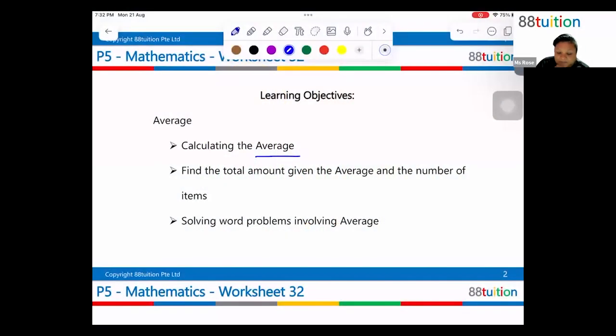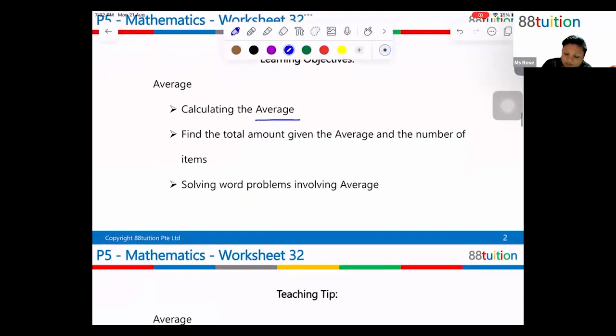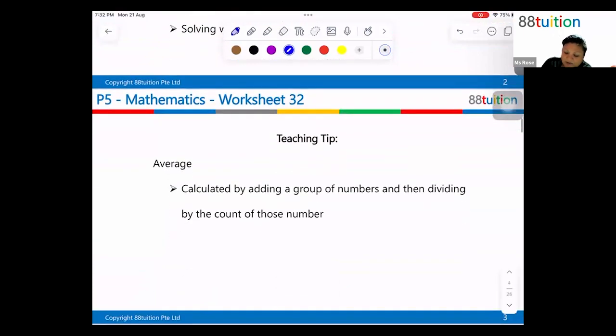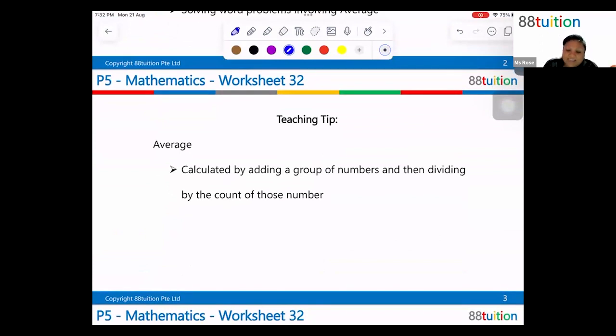All right, now we're going to look at average. Basically, when we talk about average, it is about calculating a group of numbers, then dividing by the count of those numbers. What do they mean by this statement? Calculated by adding a group of numbers and then dividing. So you add and then you divide by the quantity